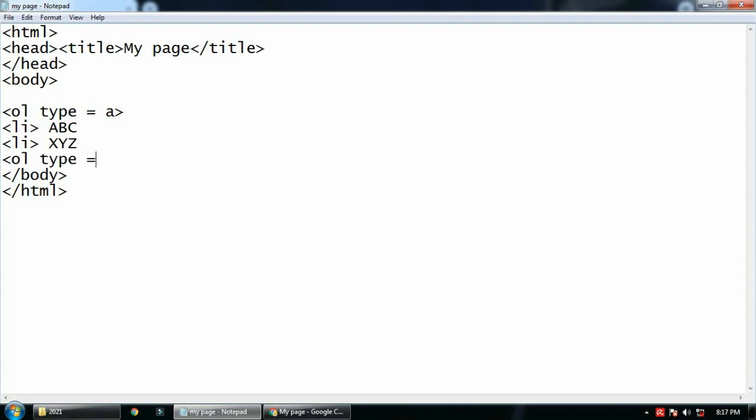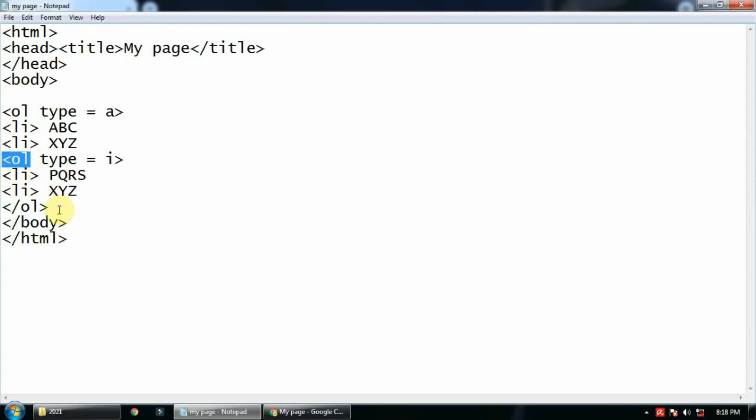Now I can start one more OL, and here I can write type equal to Roman number. Here I'll write li PQRS, then li XYZ, then I'll close this OL.